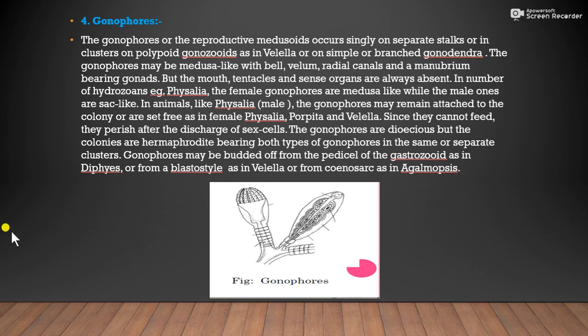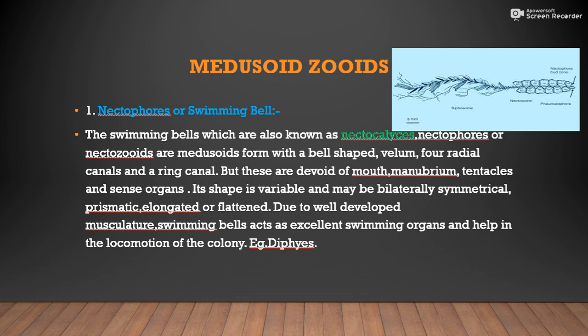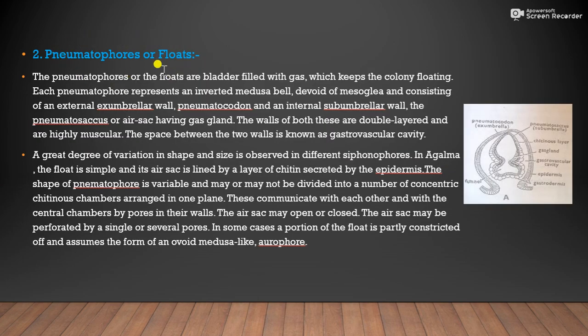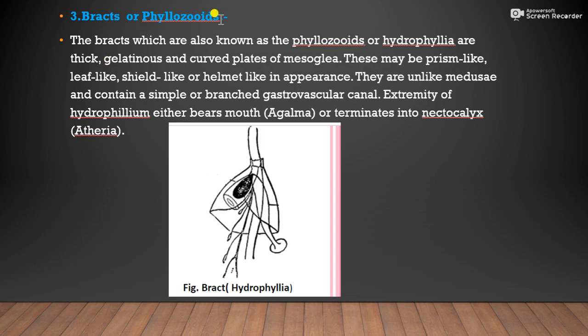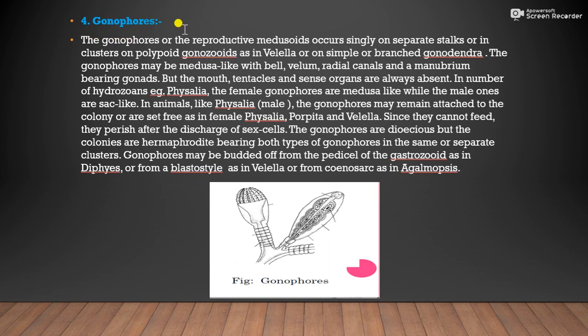All this is about the medusoid zooids. The first medusoid zooid is the nectophore, known as nectocalyx. The second is the pneumatophore, or float, which floats on water because it is filled with gas. The third is the bract, or phyllozooid, also known as hydrophyllium. The fourth is the gonophores, or reproductive medusoids, which occur singly on a separate stalk or in clusters on polypoid gonozooids, as in Velella. This is all about the polymorphism of